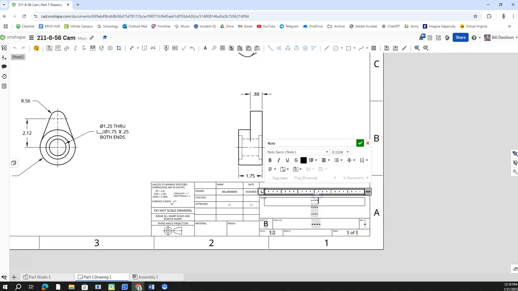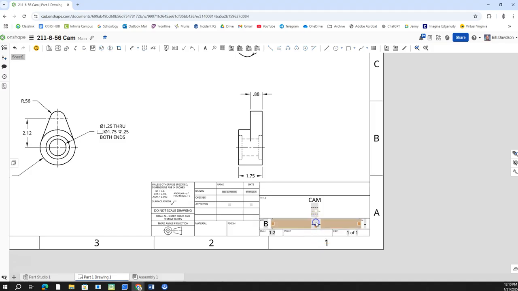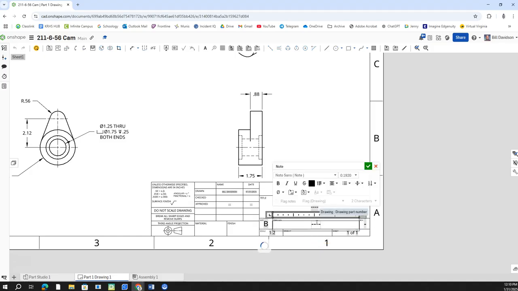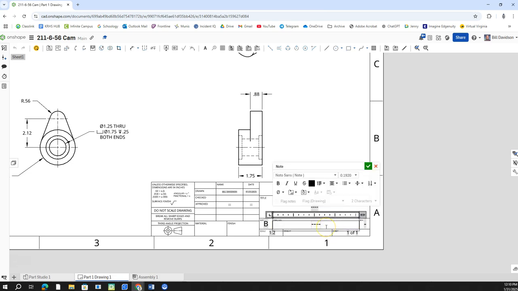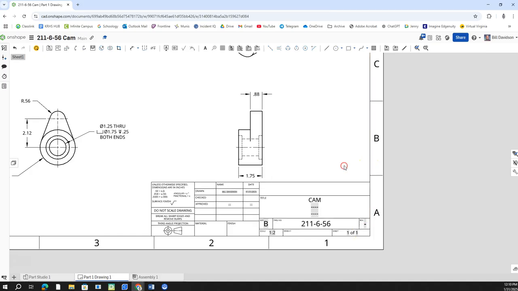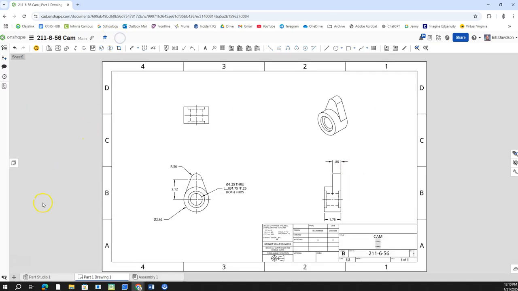Yeah, I want more of those. 3. And then we'll call this one cam. And we'll come down here to the part number. And I'll delete that and backspace over that. Backspace over that. 211-6-56. That's our part. I'm going to double click the mouse wheel, hit submit, and